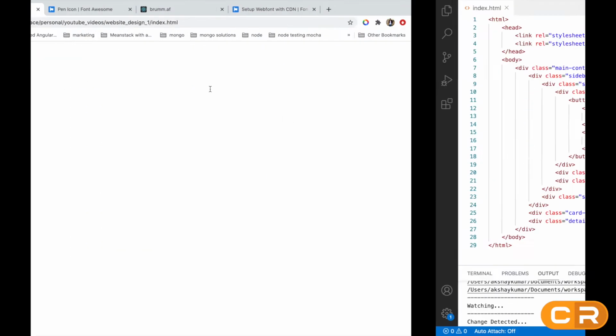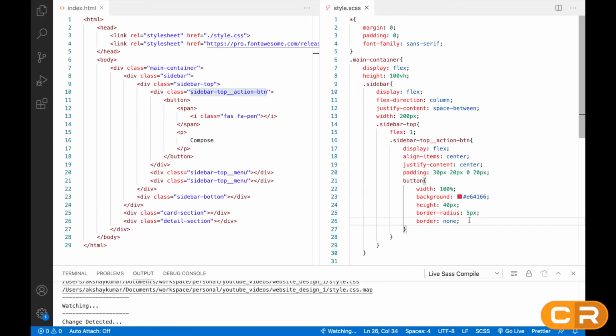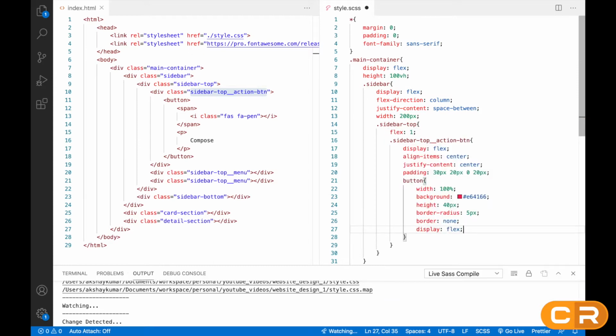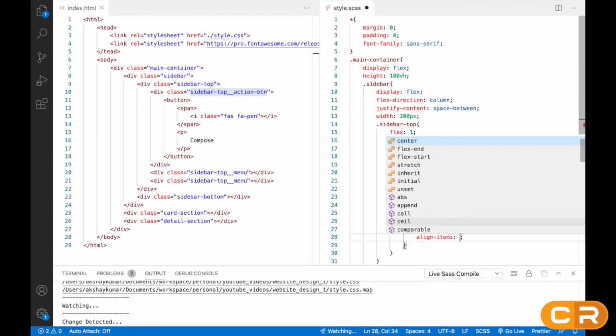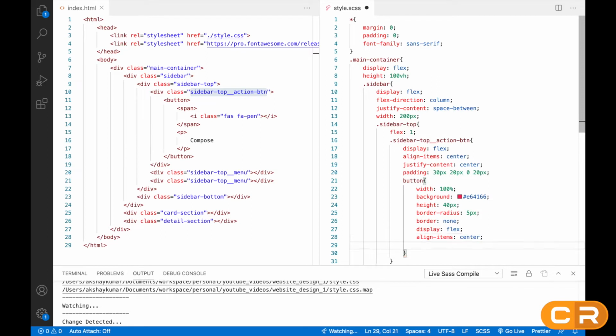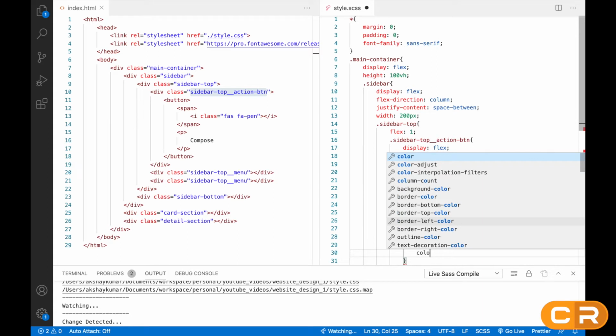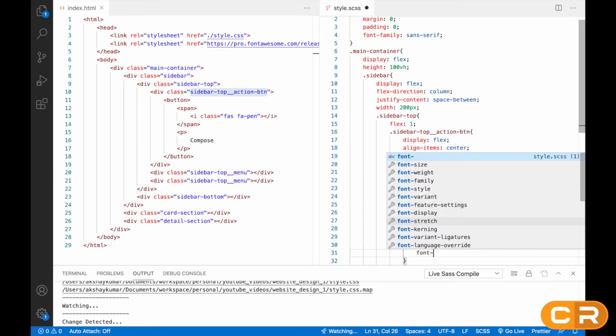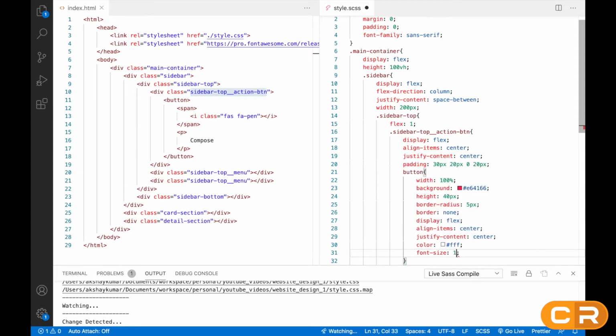So we'll remove that. So after this, we'll write display flex, align item also center, then justify content also center. Then the content on the button will be white. Font size will be 14 px. So it will look something like this.